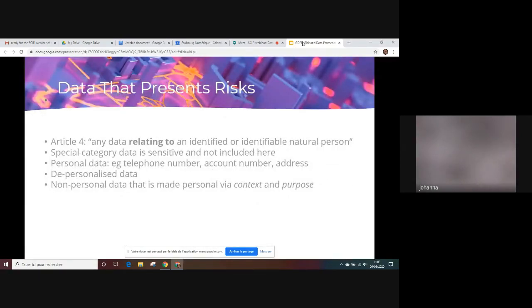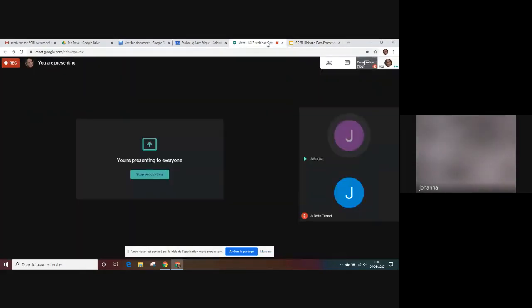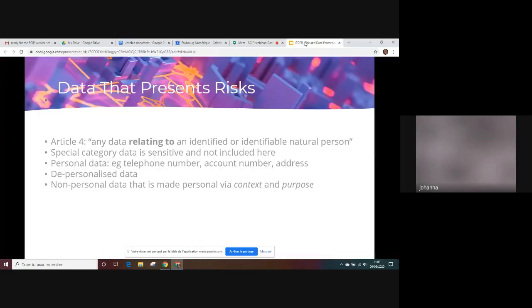So moving on to the next slide, we can look at data that presents risks. And we all know that the GDPR is relevant to personal data. It was in fact created not to be obstructive or problematic, but to enable the free flow of data. You can also read the relevant regulations on the free flow of non-personal data if you wish, but we're not talking about that today. We're also mostly not talking about sensitive data, which requires different conditions to be met for processing. Very briefly, because we will be talking about them later,